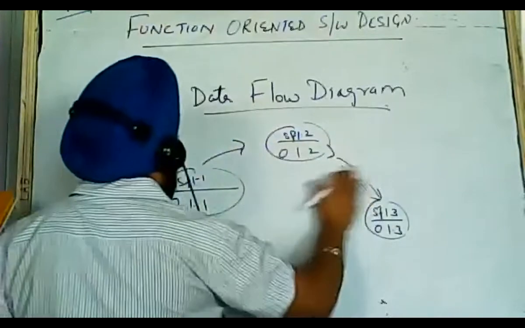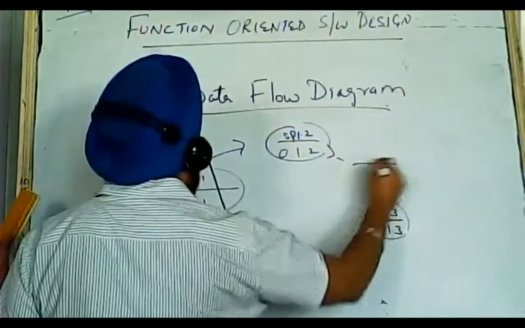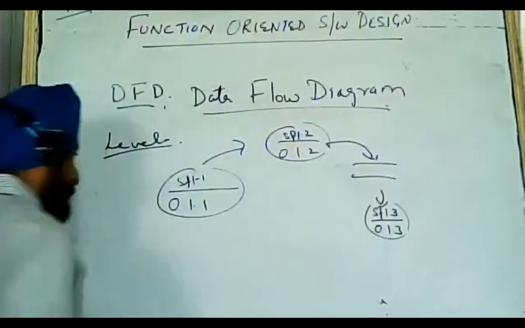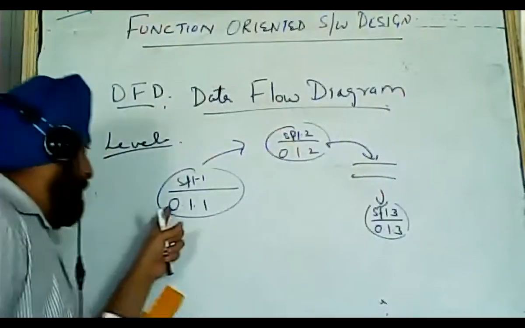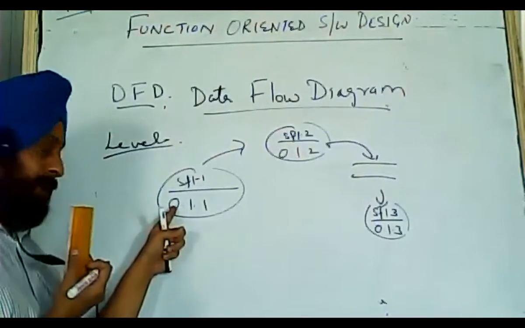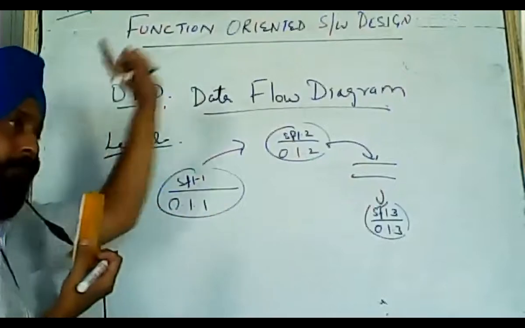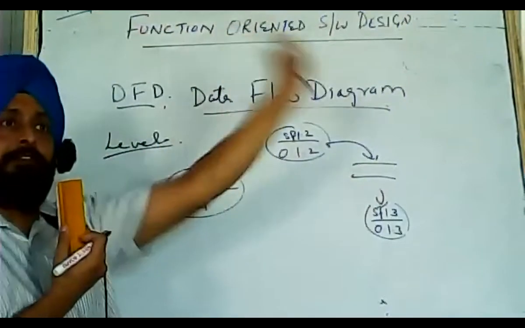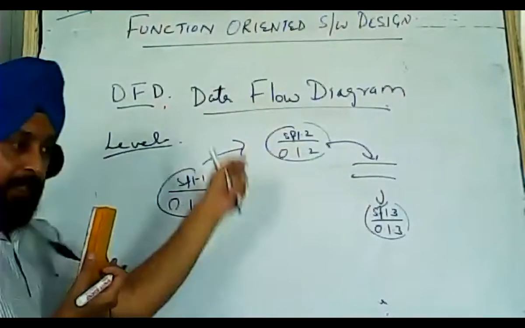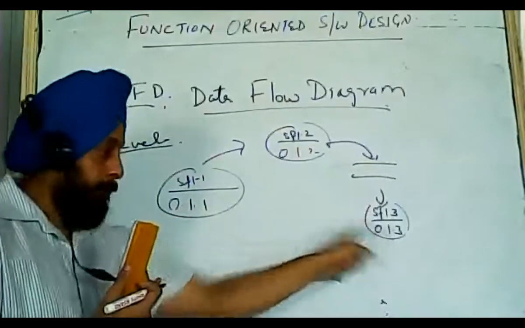If some data store is required, then we will make the data store in between like this, and this arrow will be like this. So now see, it says the overall system is represented by the 0 level DFD. The main system was having any number of functions, but here it says it was having a function 1. It is represented by 1. Now this function is further having sub functions 1, 2 and 3. So it is a level 2.